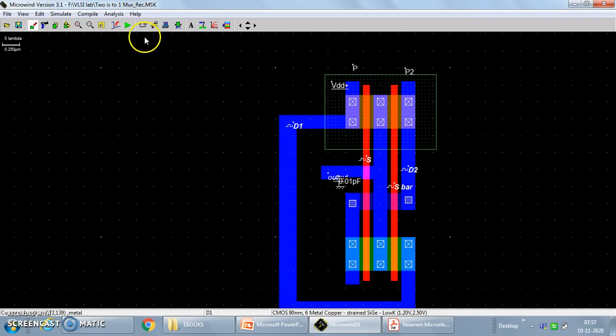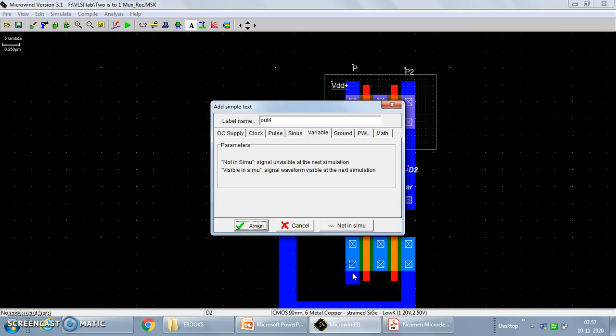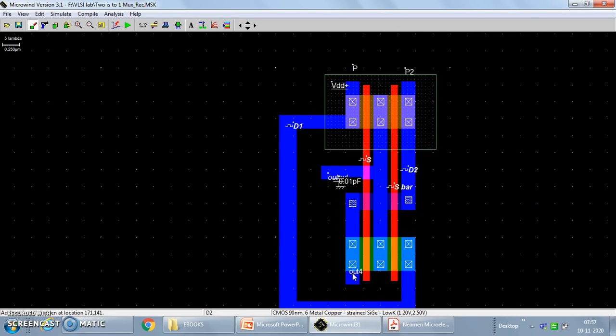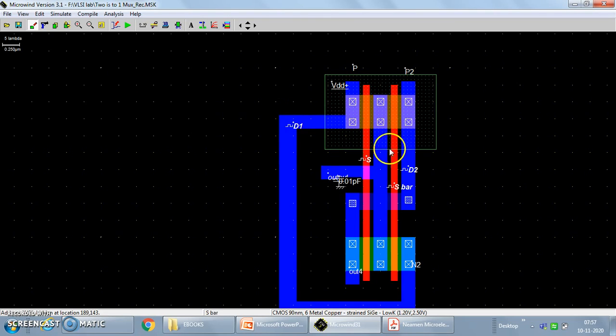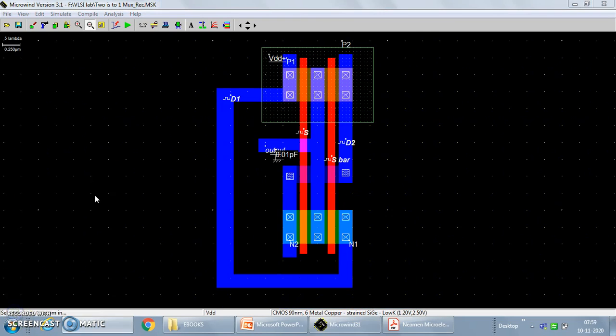This I will call N1. We can call this N2. That's it. This is what the output is. So this is how the labels are given: P1, P2,